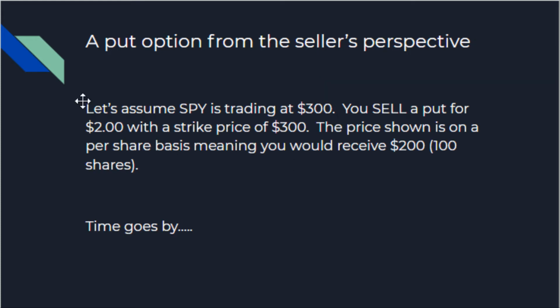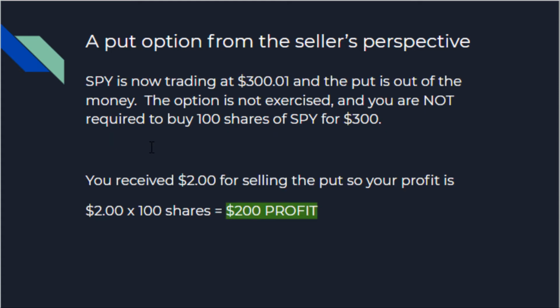So now let's assume you sold a put. You sell a put for $2 with a strike price of $300. The price shown is on a per share basis, so you receive $200. SPY is now trading at $301.01, and the put is out of the money. The option is not exercised, and you are not required to buy 100 shares of SPY for $300. You receive $2 for selling the put, so your profit is just going to be the $2 times 100 shares